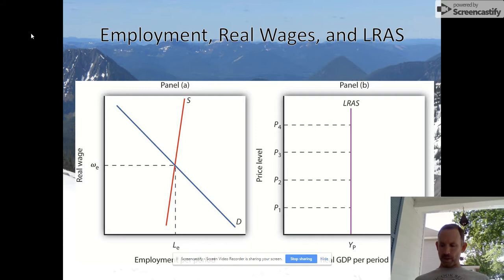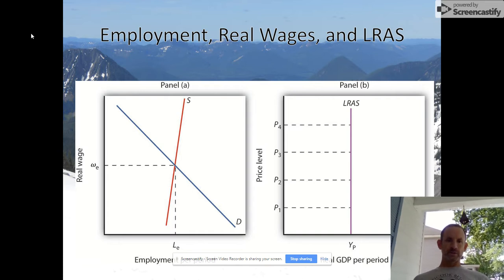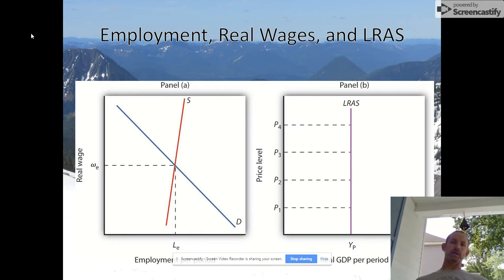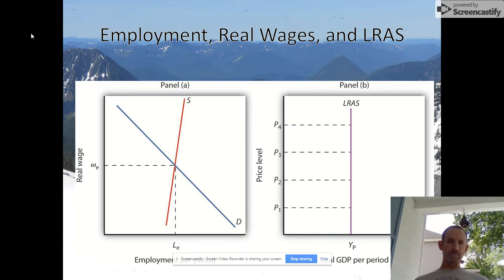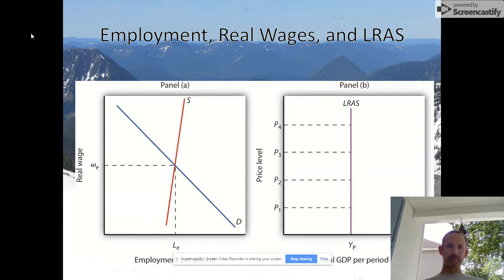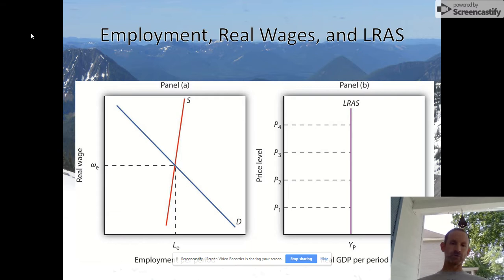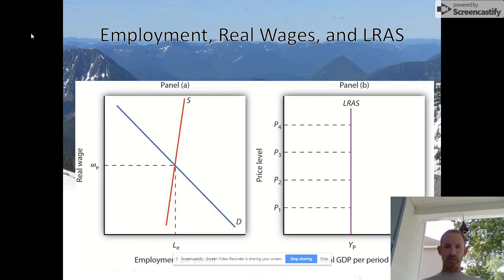Okay, so now we move on to look at graphs like this. This is showing you on the left supply and demand in the labor market. In the labor market, the demanders of labor are businesses and government, people who hire workers. The suppliers of labor are workers providing their labor. So it's a little bit different. And the price on the vertical axis there, WE, is the wage rate, the average wage rate. So all this graph is really trying to show you is that